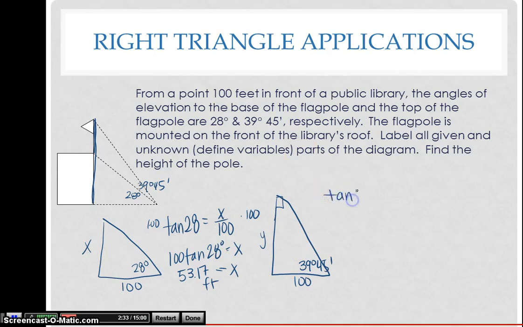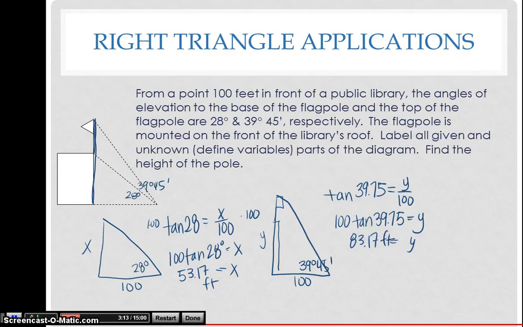Once again, we see they're related by the tangent. So the tangent, and we want to convert our 39 degrees and 45 minutes into a decimal, so 39.75 is equal to our opposite, y over our adjacent. We want to solve for y, which is the height of the building plus the flagpole. So here's kind of the building there. So multiply 100 on both sides. So 100 times the tangent of 39.75 degrees is equal to y. We go ahead and multiply them together. We find that y is going to be equal to